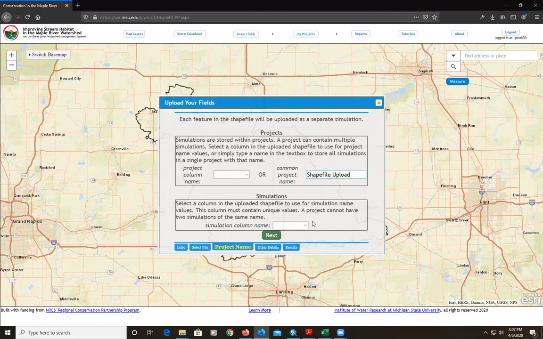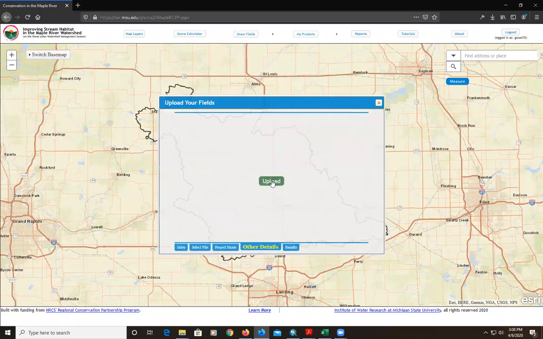And so the system will create a project in my account called shapefile upload, and that's where those projects will be stored. And it's going to ask for that column name, the simulation column name. And this is the one that has to be unique. And so that's the field name here. And this is what the value for each of those fields, as we saw here, was field 1, field 2. That's what it's going to use to save the simulation name. And I'll demonstrate that in a moment. So let me click next, upload,